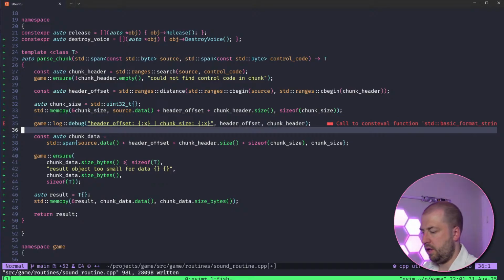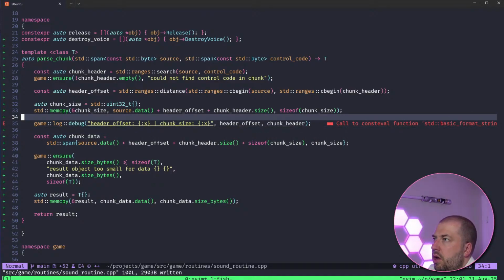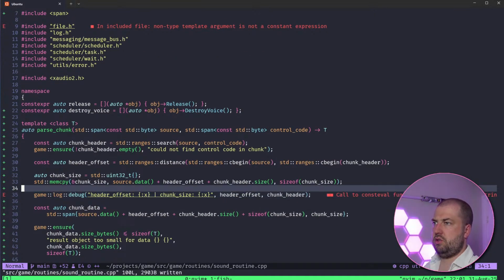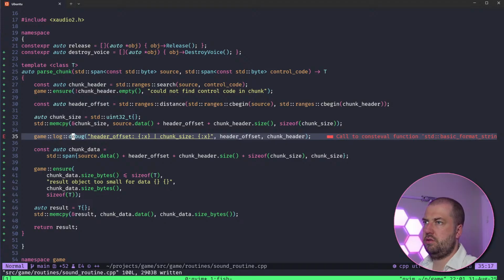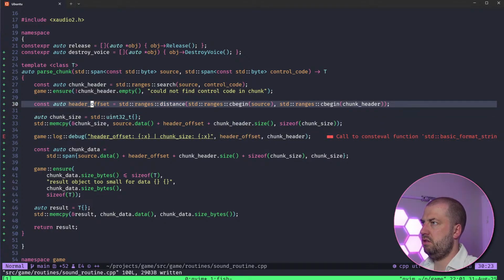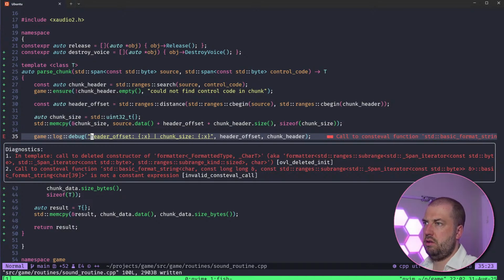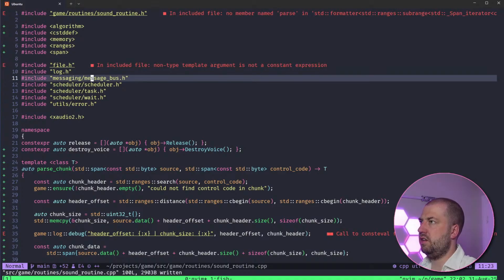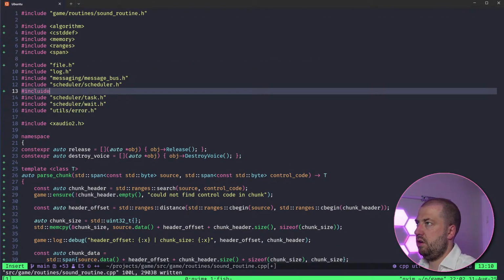What was it not like about that? Shouldn't the ensure compare size? Oh, yes. No, none of these should be... None of these are custom types, right? Chunk header is a uint and header offset is a size_t. Unless I just generally need it for my terrible code.